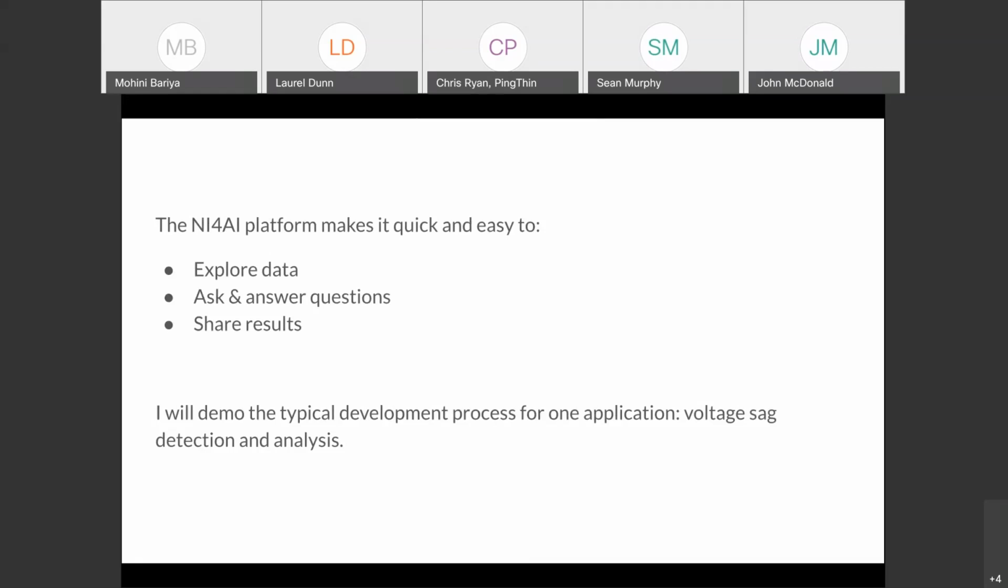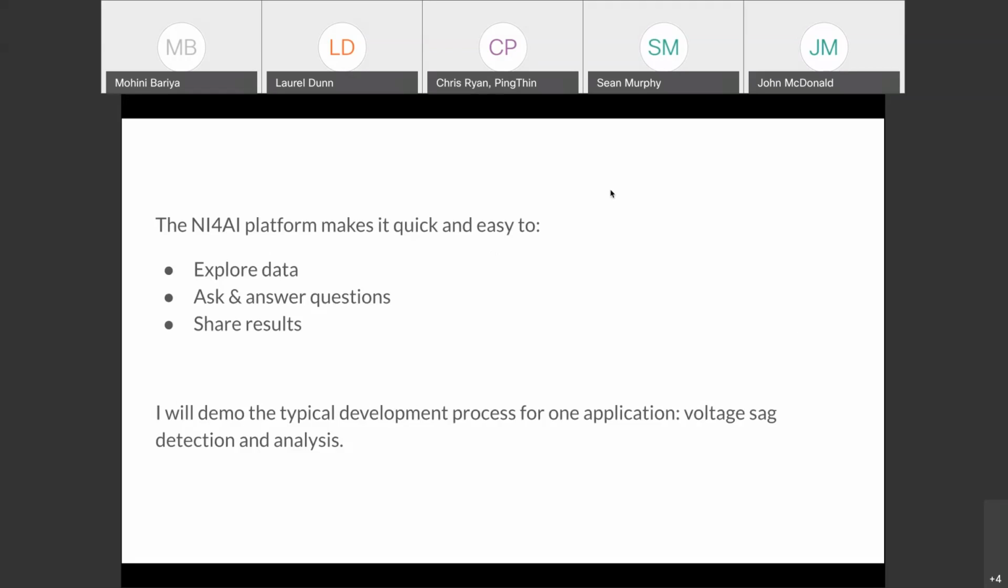And finally, it makes it easy to share results, whether that's in the form of raw data or scripts or anything like that. And I think the last part of sharing results is often overlooked, but this is really essential if we want to effectively share knowledge and if we want to build on the results of others and ultimately deploy real applications. So what I'm going to do here is demo the typical development process for one use case